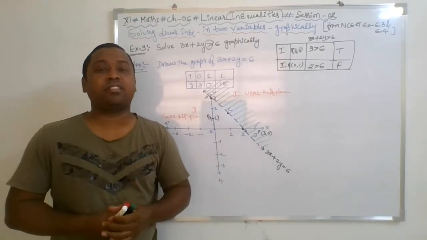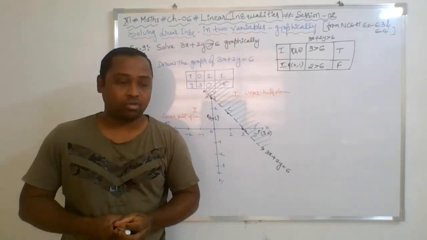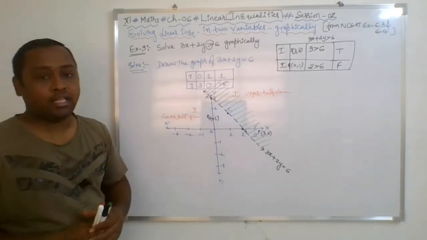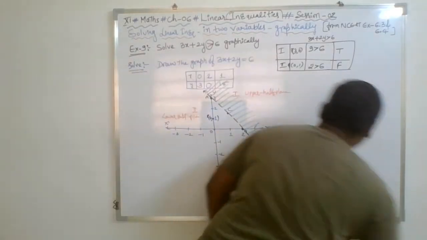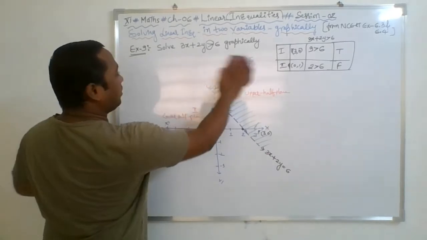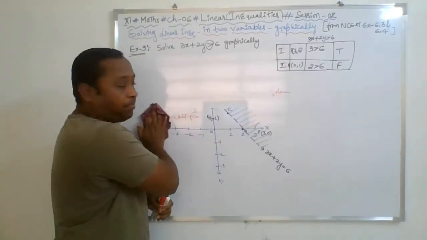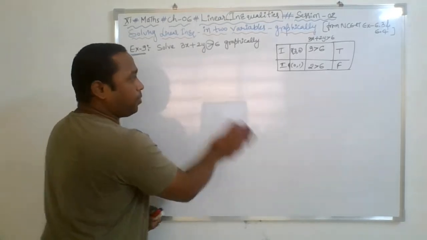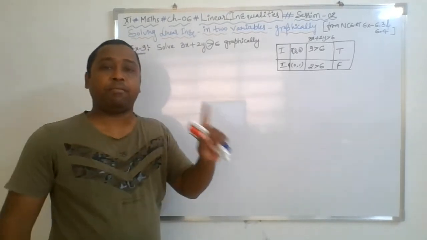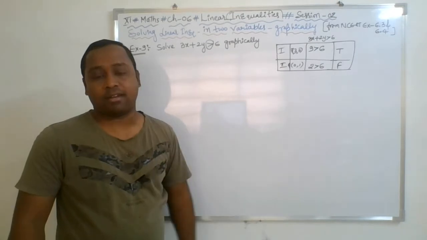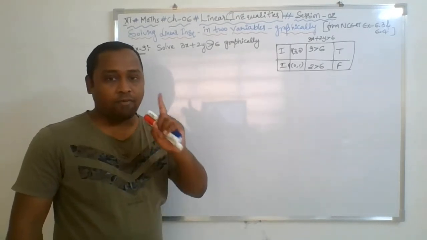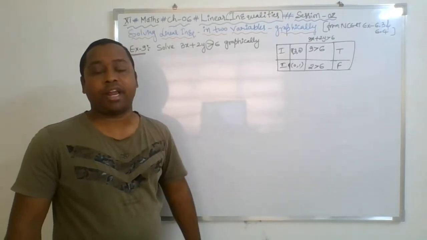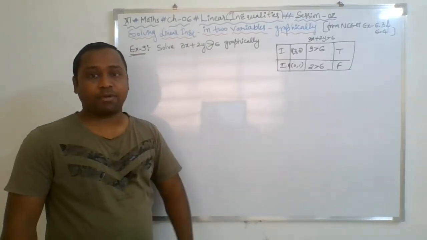Now in the same manner I am going to take two more questions and then we'll go for system of linear inequalities. First of all, we'll take another question and then we'll move ahead. Same way, the method will be same. Remember, if you are able to draw one graph properly, your chapter is done. Only one graph. Do it very properly with a proper understanding, then your entire chapter will be over.